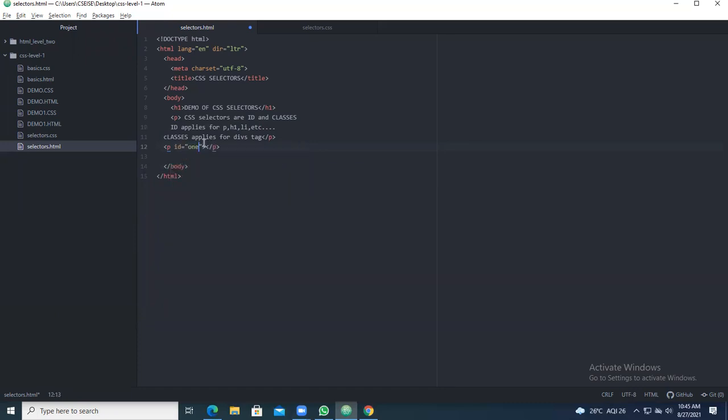ID means identifier. When you give id equal to 1, earlier this was a P tag without ID. Now I am applying P along with ID, because IDs are applied for heading tag, paragraph tag, list tag, etc. Classes are applied for div tags. Under that I will give